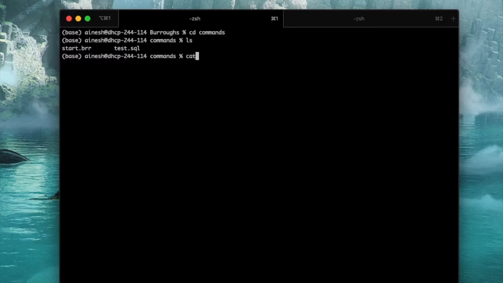So for instance, I've got two files out here, one of which is start.brr, which basically just has two very simple startup commands for Burroughs, one of which starts the producer called transactions producer and produces 10,000 records, and the other which is setting up an output table called out01. Another important thing to note here is that I've got these delimiters, which are semicolons,